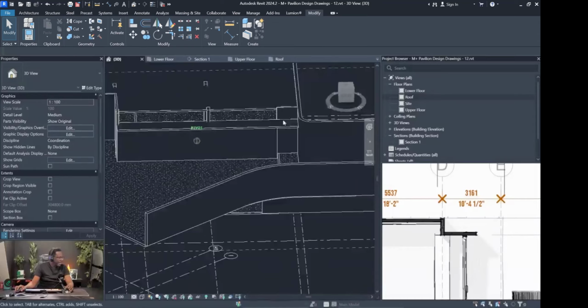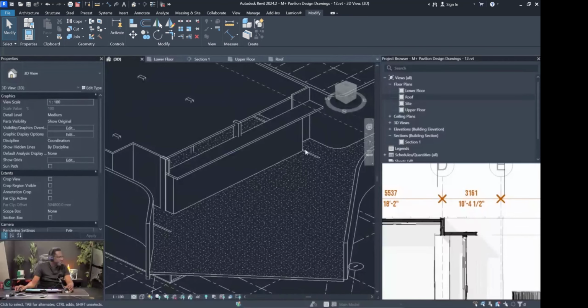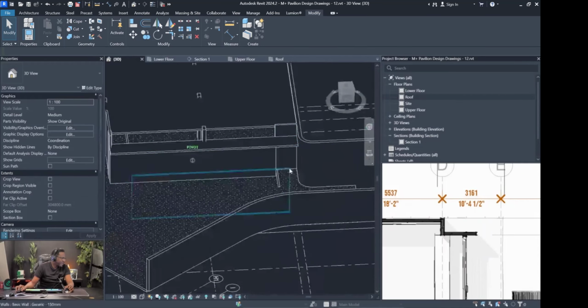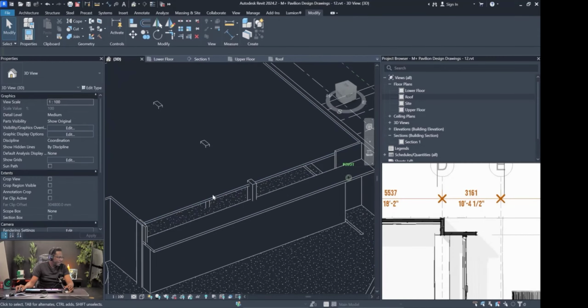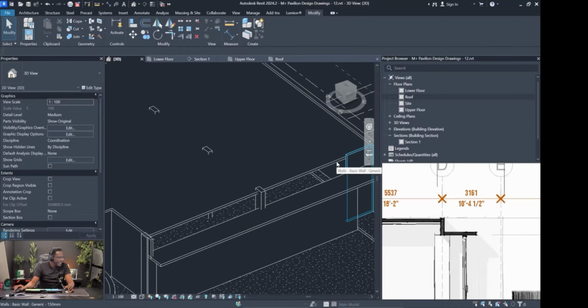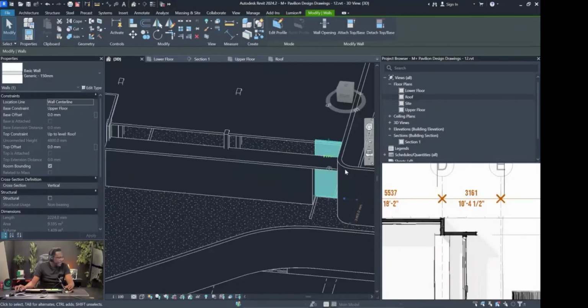All right. Then I need to have a wall that goes across like this. Now there are a couple options we can do for that. We could actually draw a wall over here, or we could use this wall and carry it over and then cut a hole in it. So there are different workflows that we can use. If we draw a wall here, then we're going to end up with a cut line in that wall, which we can get rid of when we show the elevations. But to make this more neat, I would